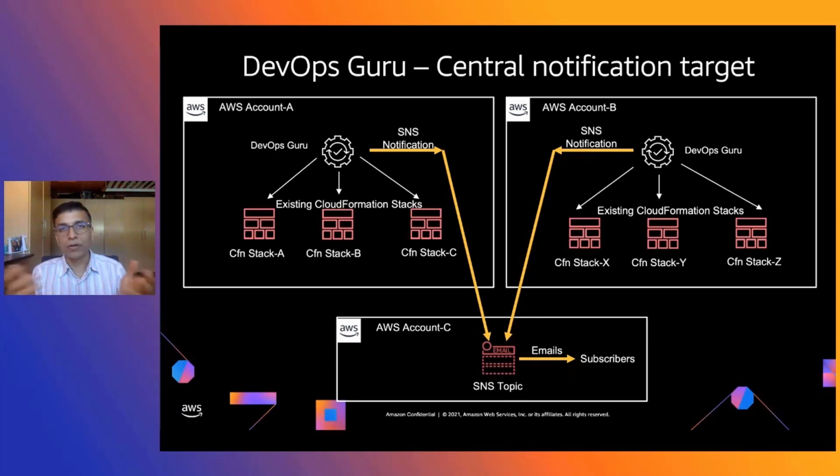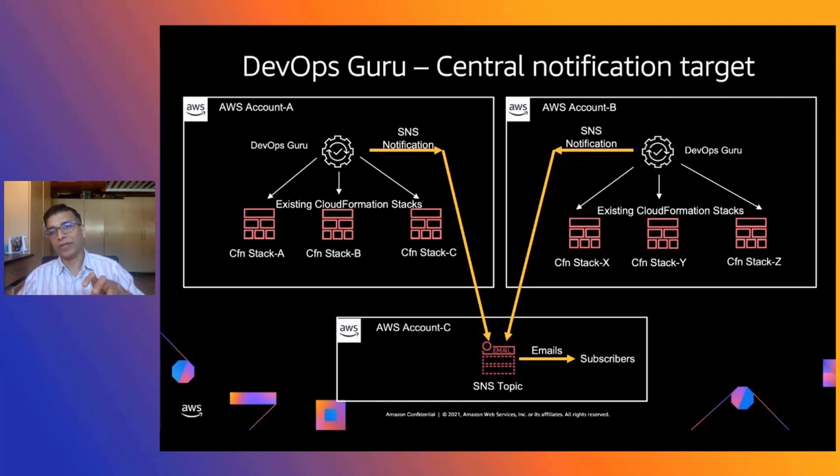It could be all of your accounts within your organization. And this central account can have an SNS topic, which can be a target for all of these DevOps Guru instances that are running in different regions, and they can point the SNS notification to this common topic